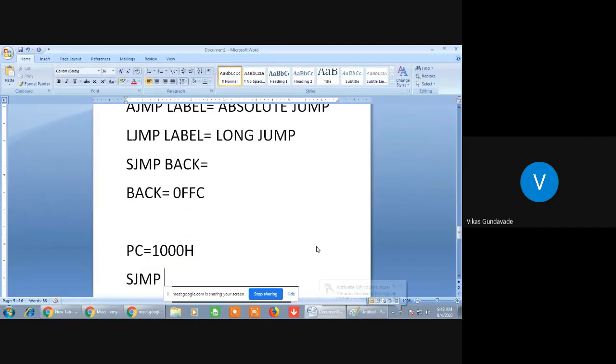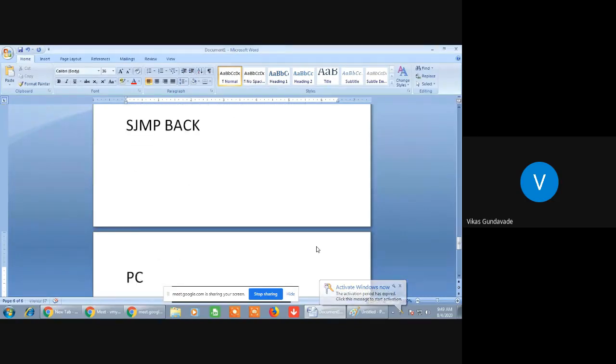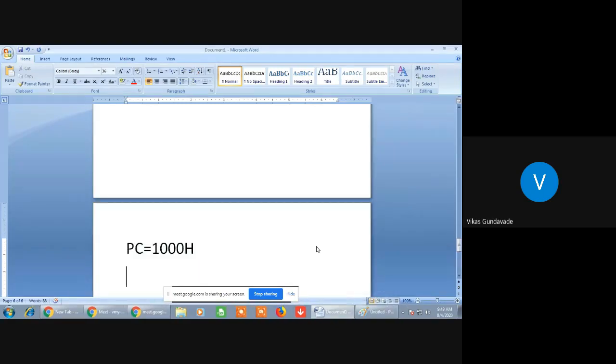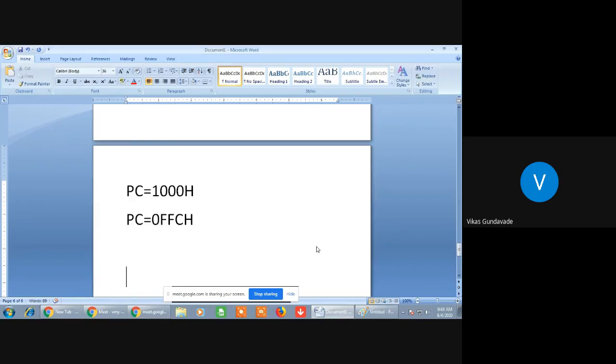Then after execution of the SJMP BACK instruction, what will happen? The program counter contents, which are 1000H, will get changed to the new contents, 0FFC. This will be the new address available in the program counter.